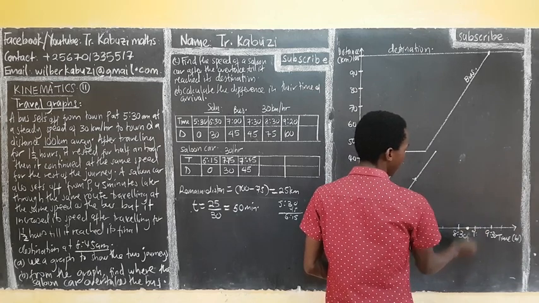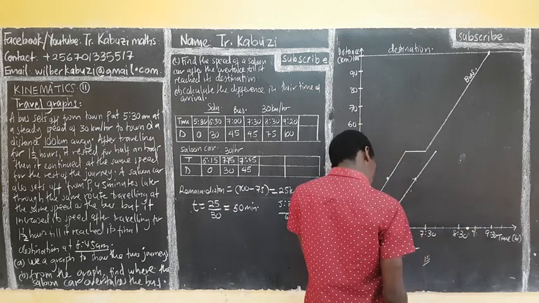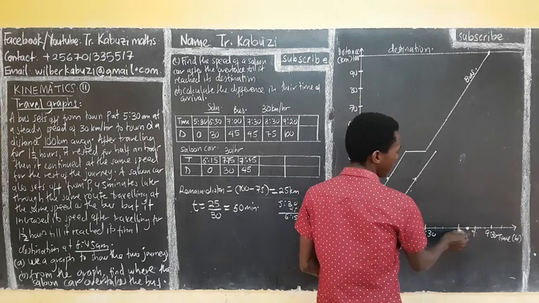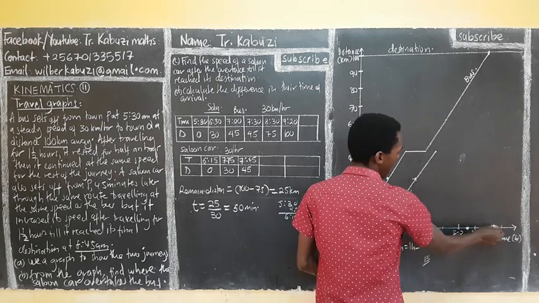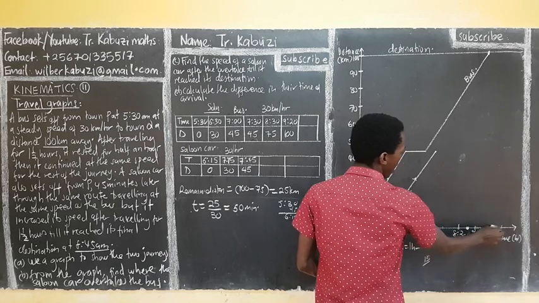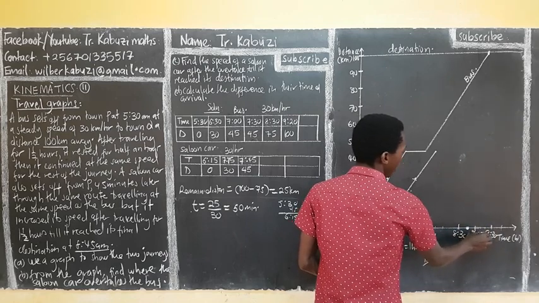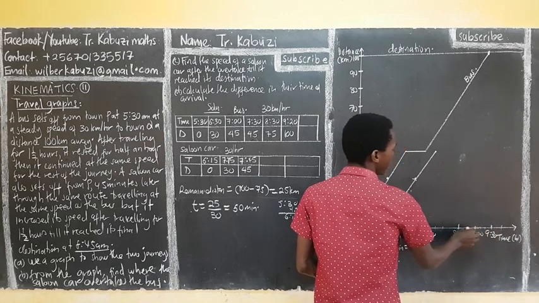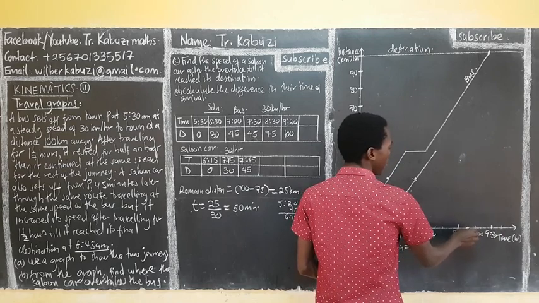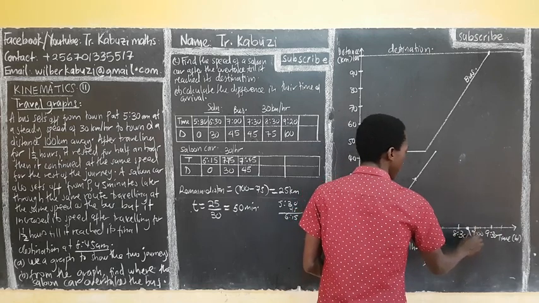So this is 845. So this is going to be my 845 because from here up to here is 9. From here up to here is 1 hour. From here up to here is 9. Then from here up to here divided by 2 gets 15. So if you add your 15, you'll be getting here. This will be your